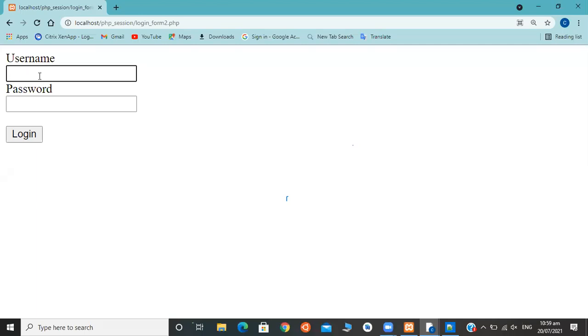Here after I give the right credentials, it redirects to dashboard 2.php.